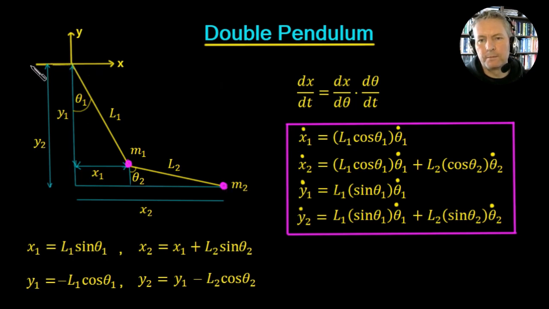Now the fulcrum for this pendulum here is defined at the origin. So that means that we come along this distance in x, it's a positive distance, but when we're coming down this distance here, it's going to be a minus y distance. Now we define the angle θ1 as the angle that the pendulum makes with the vertical axis. And you can see that we've got an angle θ2, so this is the angle that pendulum 2 makes with the vertical axis. So we can call this pendulum L1 the inner pendulum,